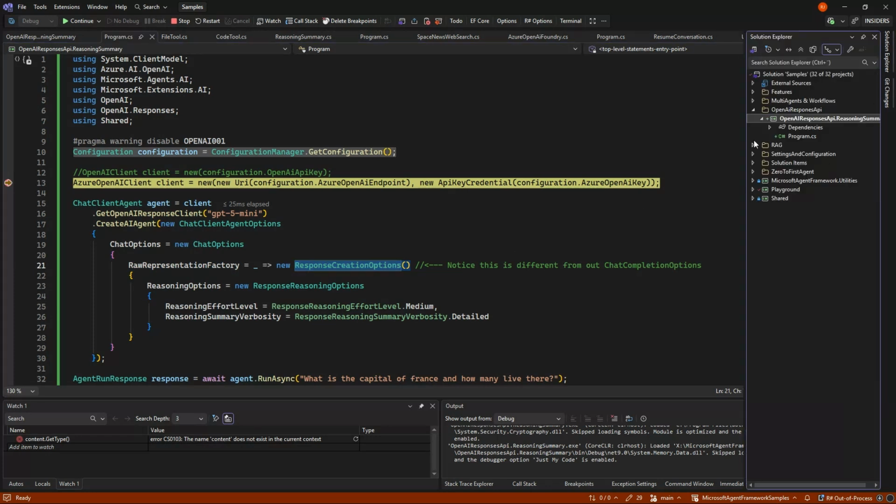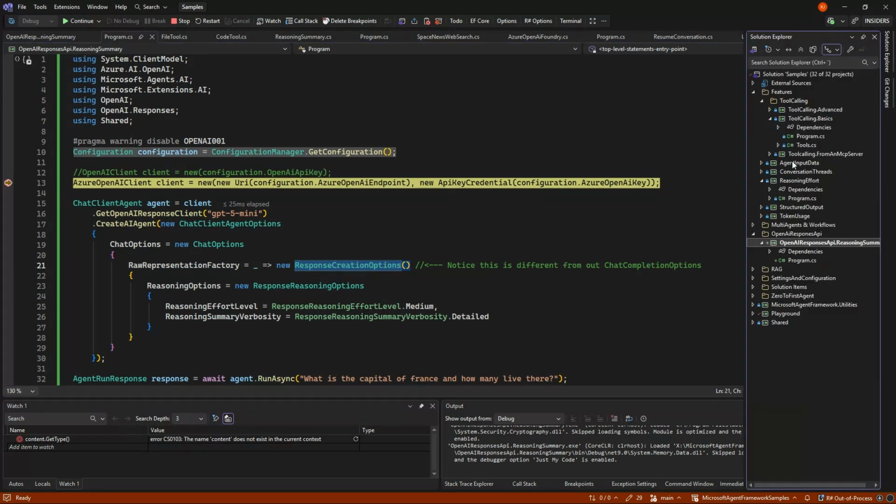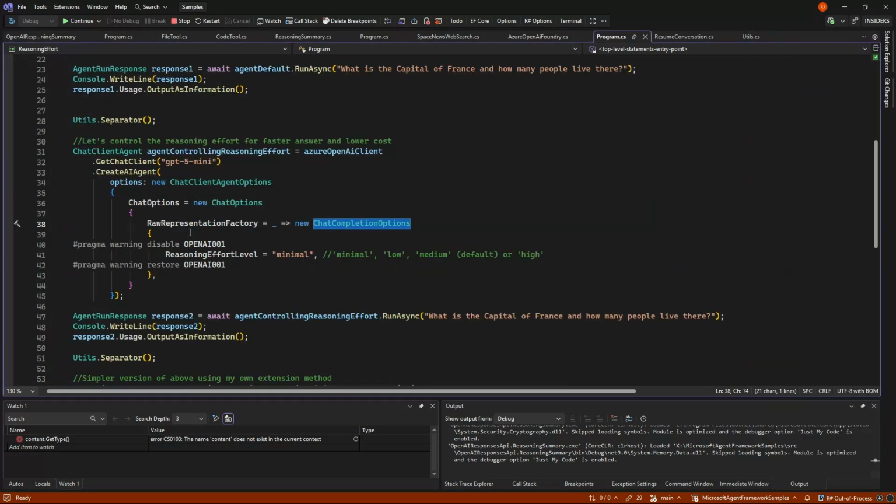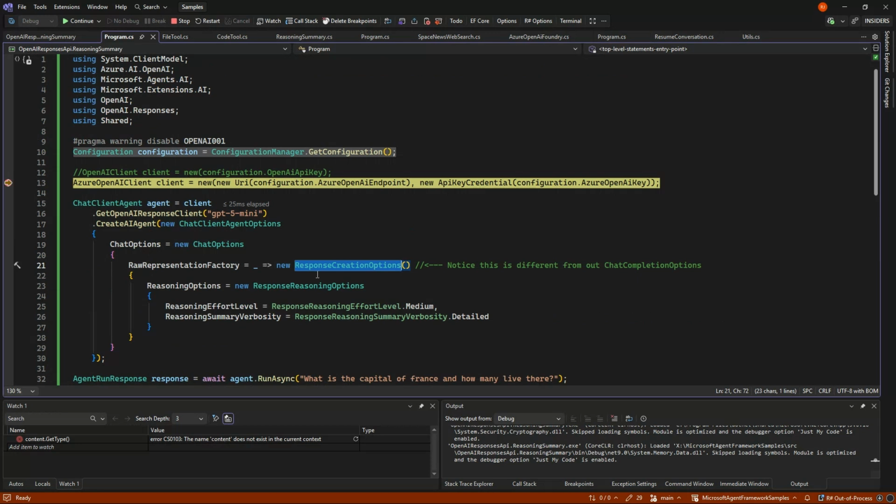If you have seen one of the other videos about reasoning effort, we did something similar there, but that was for the chat completion options. So they are different based on whether you're using the chat client or the response creation client. Here we can set all the reasoning options.